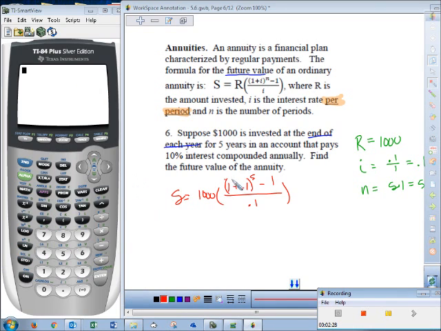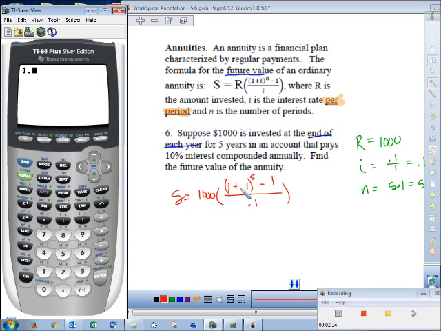And what we'll do is we'll kind of work from the inside out here. I want to do 1.1, I already did that, 1 plus 0.1 to the fifth, and hit equals. So I've done that. Now I'm going to take away 1 and hit equals, divided by 0.1, and then take it times 1,000. 1, 2, 3 zeros. And that's